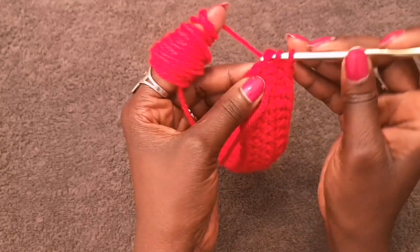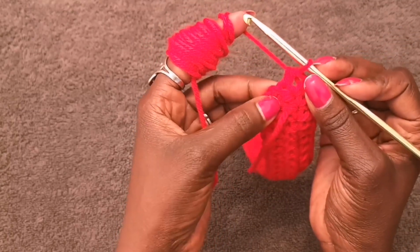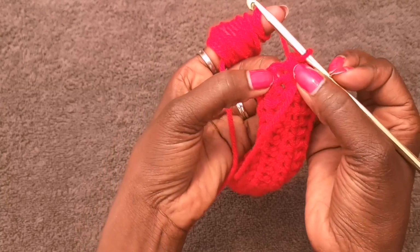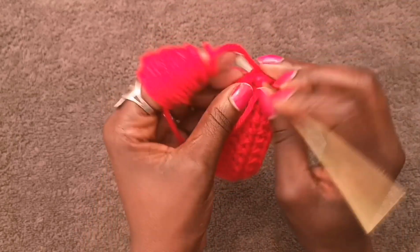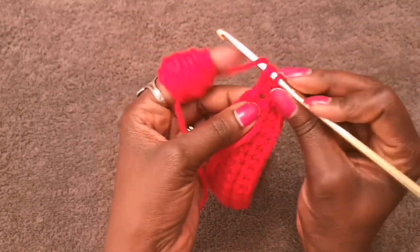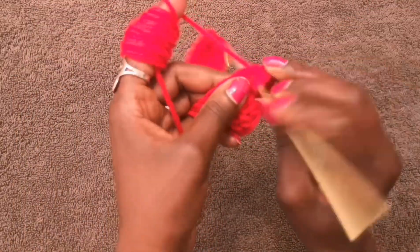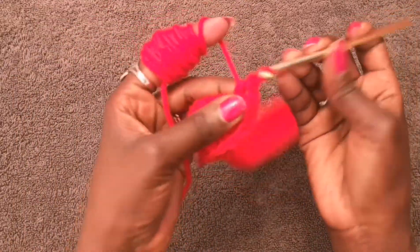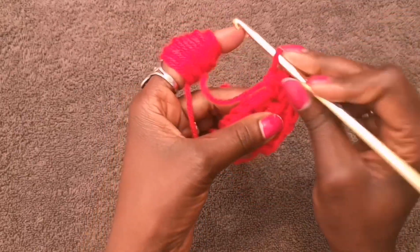So this is why I wanted to come and show you guys, because it can be confusing. So there's one more stitch here, and then now we're in this gap that we created from the previous row. Okay, so now we're going to go into that gap and do 2 half double crochets in the same gap, chain 1, and then 2 more half double crochets in the same gap. Okay, so this is the top where we have 4 half double crochets in the same stitch separated by